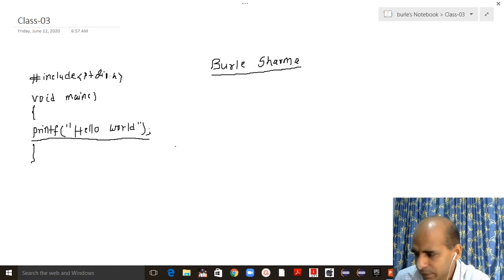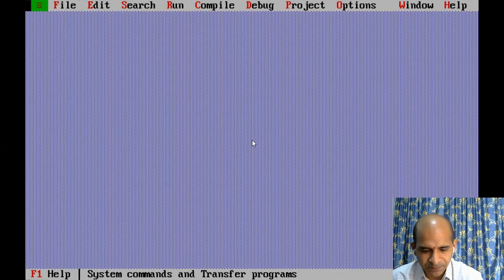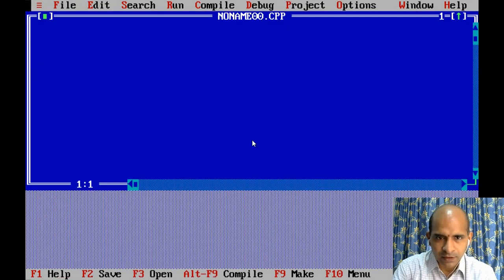If you have not omitted the printf hello world program from the previous example, then you will face this type of situation. Let me show you the answer first. Alt F new.